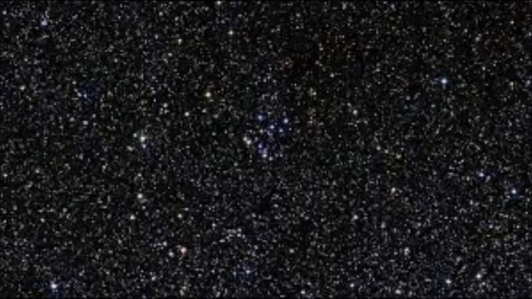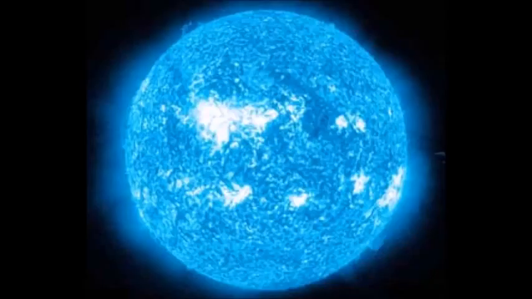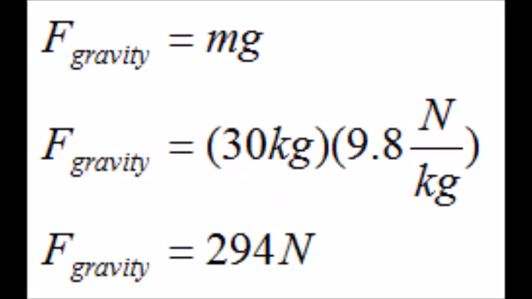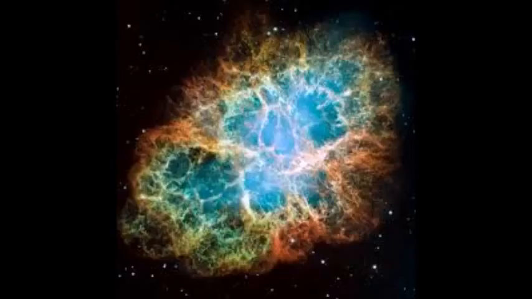And these stars have a very intricate process that goes on inside of them. It's what gives them their look. Rigel, the star here, as you can see, that's not fire you see around it. It is actually the energy of nuclear fusion. Well, what is nuclear fusion? Nuclear fusion is a process of tritium and deuterium, H3 and H2, fusing to form helium-4. This pushes against the force of gravity. Well, what happens when the energy from fusion runs out and gravity overcomes? Well, it's supernovas, as you can see here.